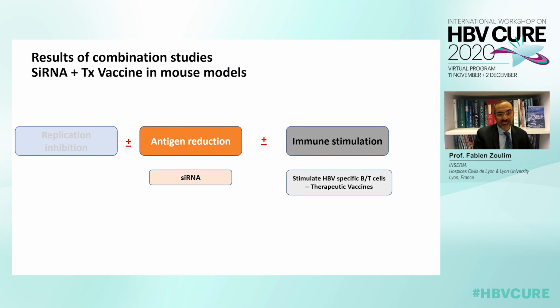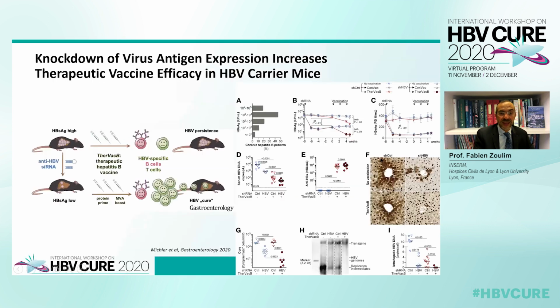Another approach, which has not yet been studied to my knowledge in patients, is the antigenic reduction with an siRNA and a therapeutic vaccine. This has been studied in a preclinical model, so in transgenic mice which were treated with siRNA and received a prime-boost vaccine. And in that strategy where HBs antigen levels were suppressed by the siRNA, the vaccination was very effective, and HBs loss and HBs seroconversion was observed. So now we have all the tools to evaluate this type of approach in clinical trials, as siRNA and